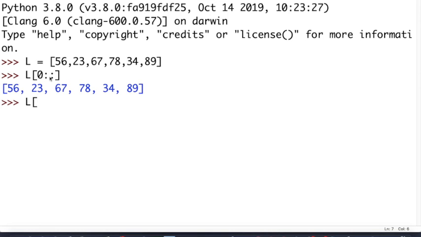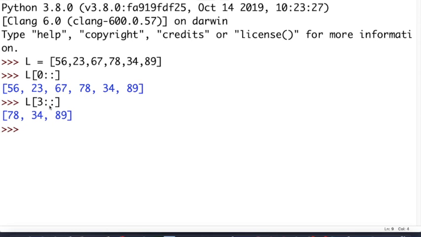Say for example, I have L[3:]. So we have 78, 34, 89. Now where from I am getting this result? Let us find out. 56 is at 0th index, 23 is at first index, and hence forward we look at 78, which is situated on the index number 0, 1, 2 and 3. So 78 is situated at third index, right? So our start indicator is 3. The starting index is 3.